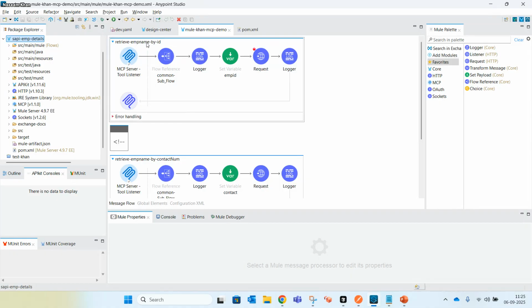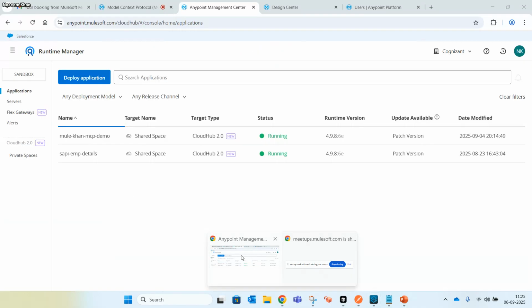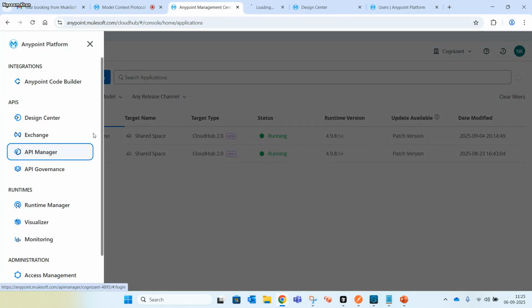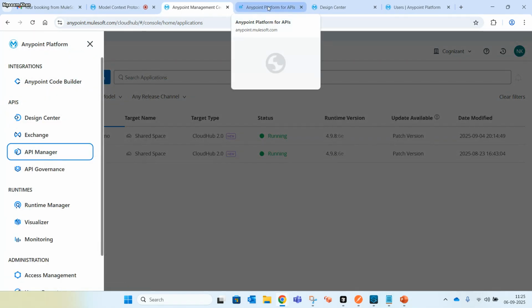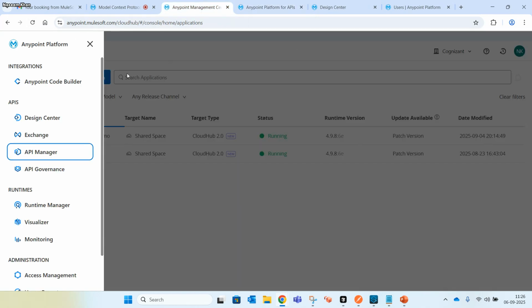These 2 tools are invoking our downstream API, which is SAPI employee details, where I have applied, I'll show you in API Manager, a client ID enforcement policy. It is enabled. If I provide a wrong client ID and secret, it will show 401 unauthorized in the agent response.